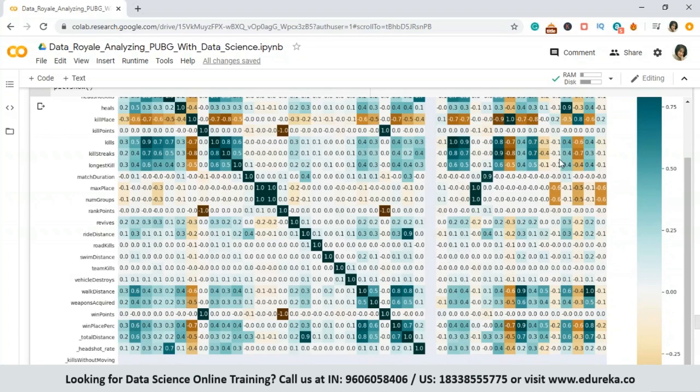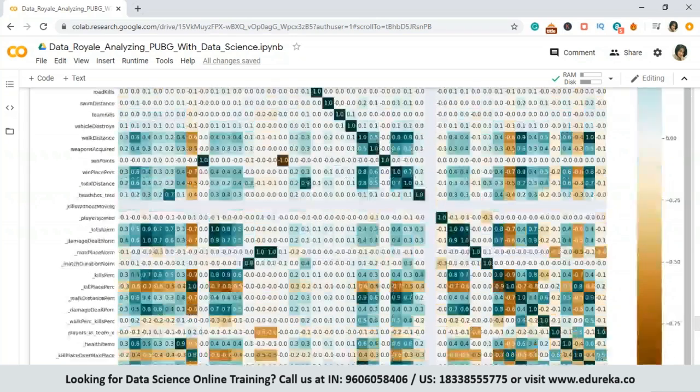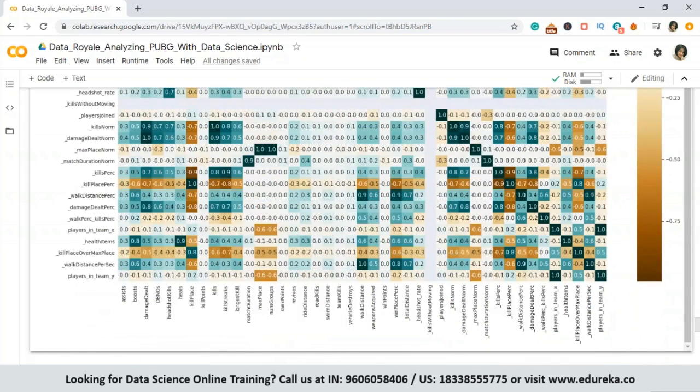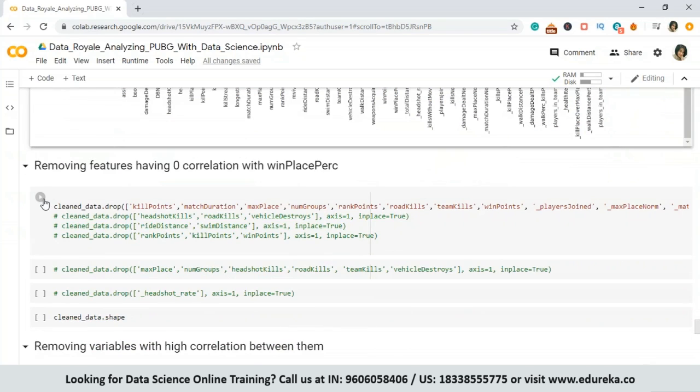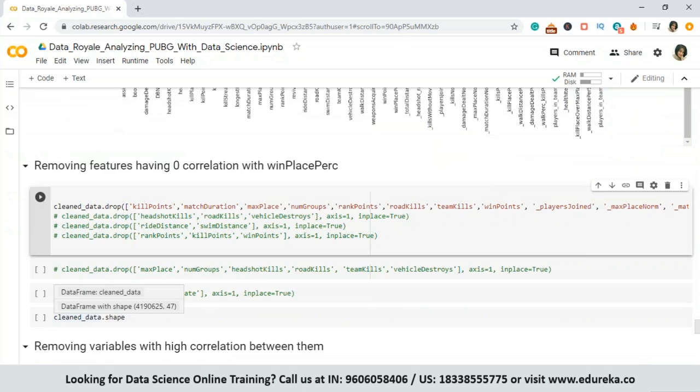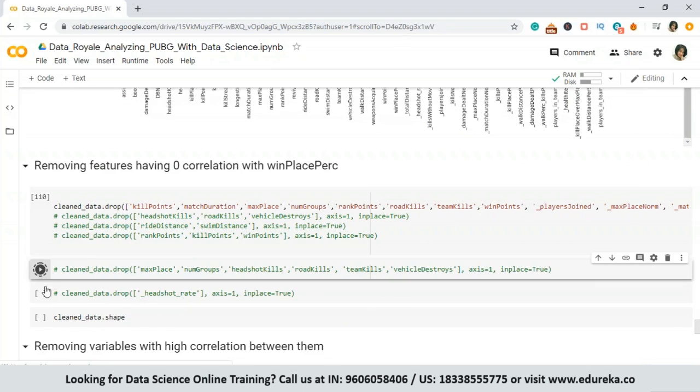Now, all the positive attributes are fine and so are the negative ones. What we do not want are the zeros and the ones that are close to zeros, which basically means that those attributes do not affect your probability of winning at all. So why do we even need them? Because our ultimate goal is to find out the value of the variable. We are trying to find out each and every player's chances of winning in a said game. So what we're going to do is we are going to remove all those features which have absolutely no impact on your winning